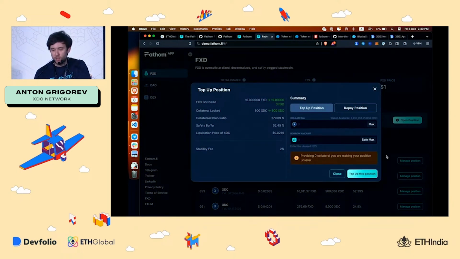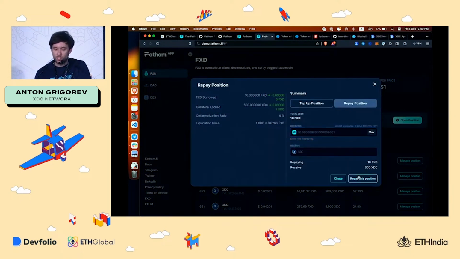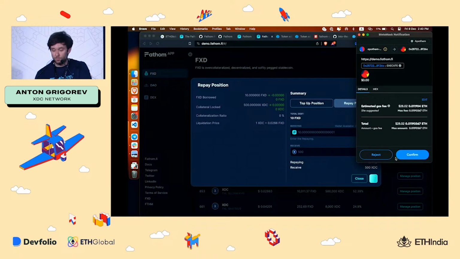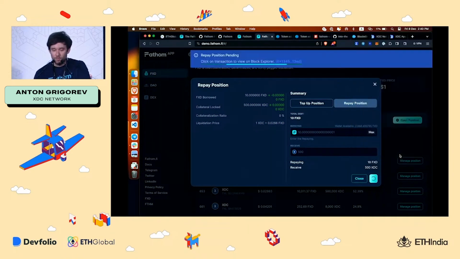And I can manage my position. I can repay it, top it up, or repay it partially or fully. When I'm repaying it, I need to cover some interest, which accrues on my position to incentivize the protocol, liquidators, and the FTHM holders community.